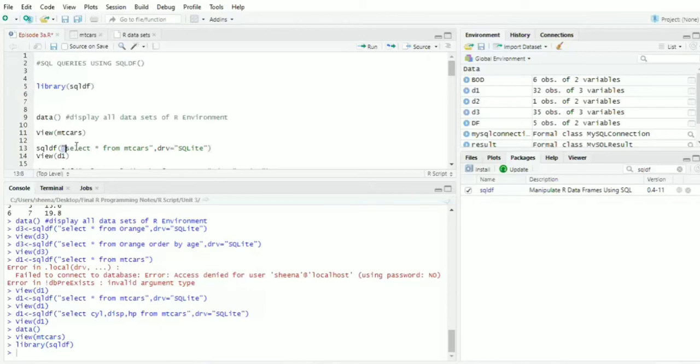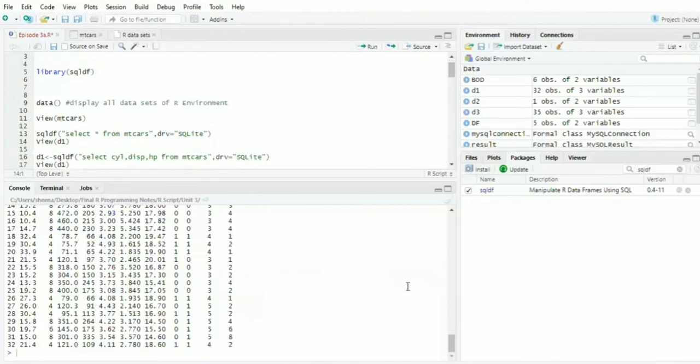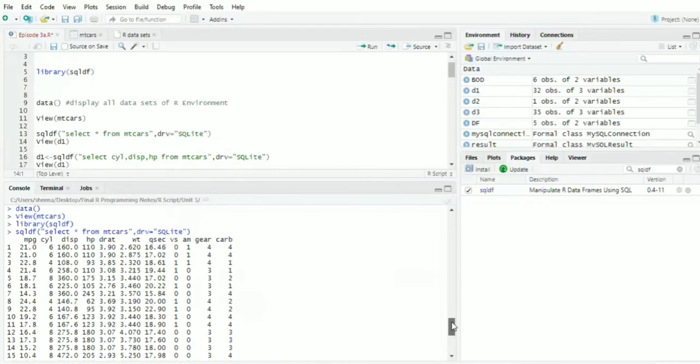Within double quotes you mention your SQL query, and after that you mention the driver. In that driver, you mention the SQLite driver, and you can run this command. When I run it, the entire table is displayed immediately in the same area.